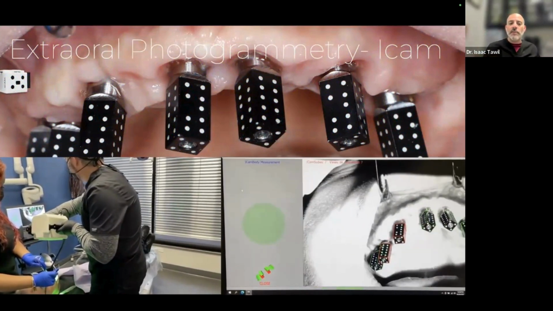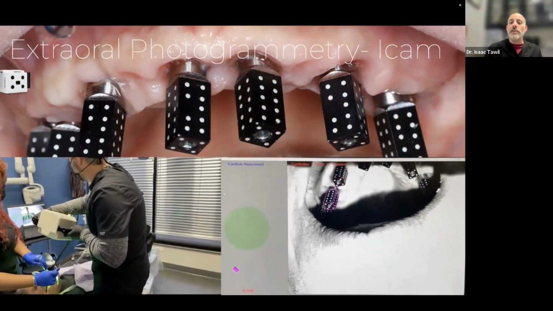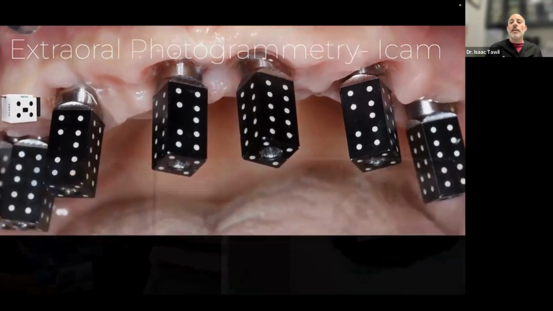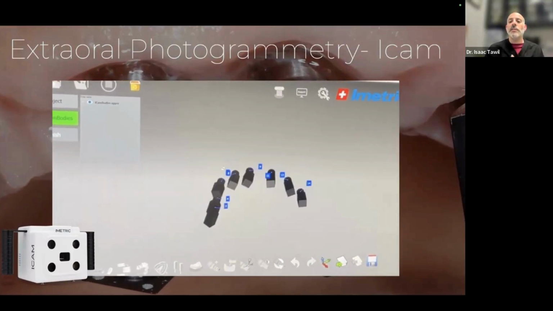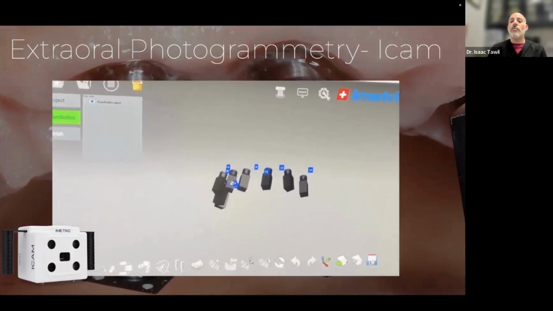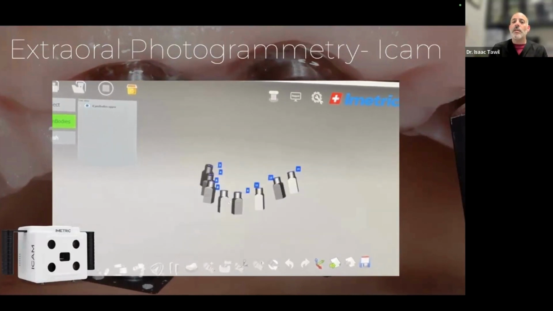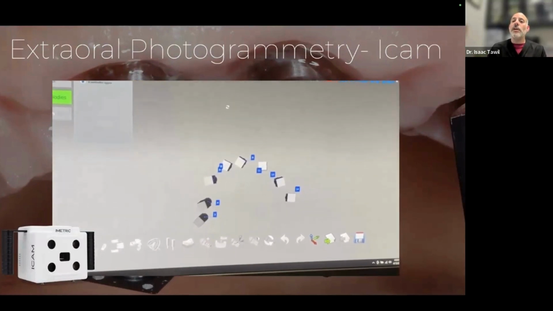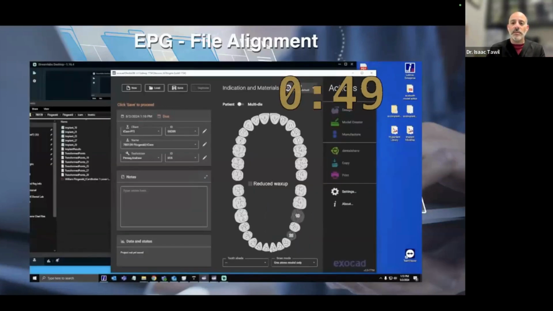This object is a little bit heavy, and I'm trying to link everything up, but eventually I can get it, and eventually it will give me a data output that can be quite accurate. And now I can take these 8 implants and start to make my design once I have converted all these files and matched them together. This conversion and matching and file alignment can take some time. This is not seconds, this is in minutes.